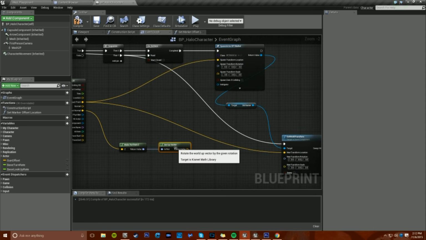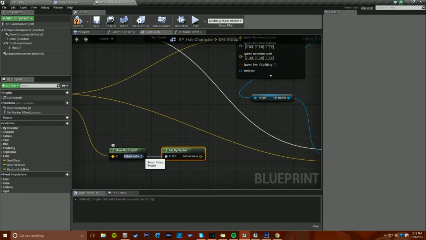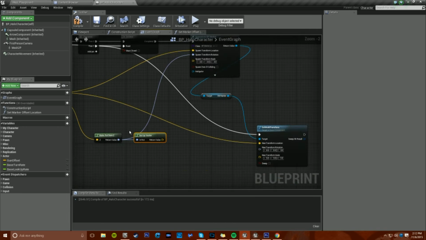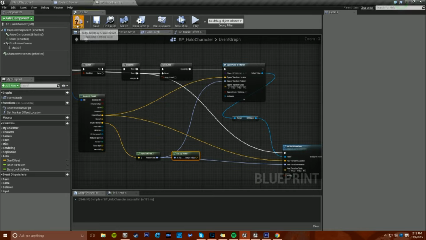This is what we're going to use for our actual function that we're going to create in a couple of minutes. But all we really need to do is, from here, the return value of our make rotation from Z can go into our rotation in both the spawn actor from class and our spawn world transform here. So now if we play,